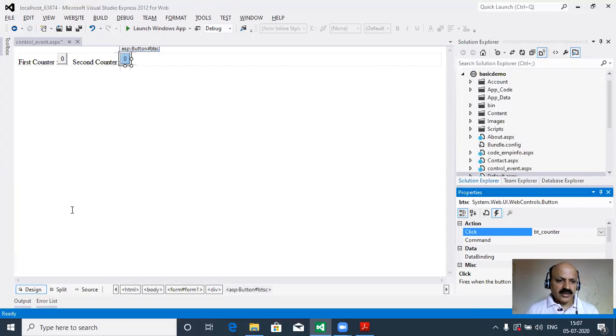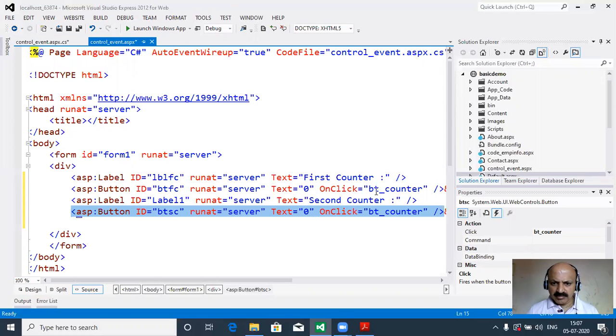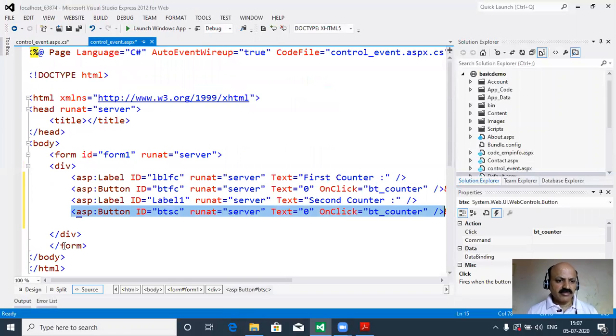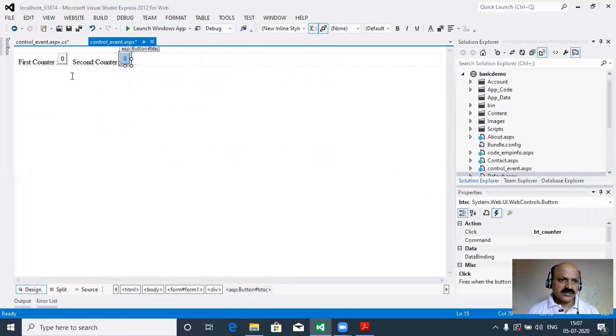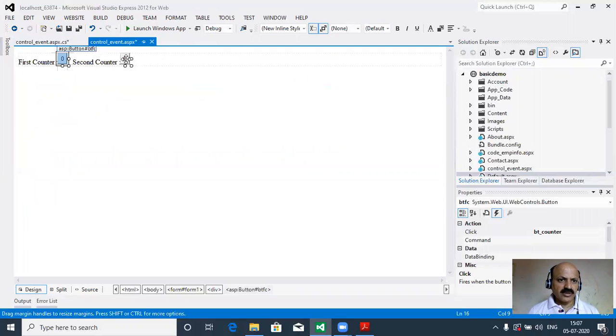Okay, and we have to just go in source code. So here I think name is same, bt counter, and here also bt counter. Okay, so there are two techniques you can use for giving the event to a button or any control. Here we check this button click event, and also this button we have to check.